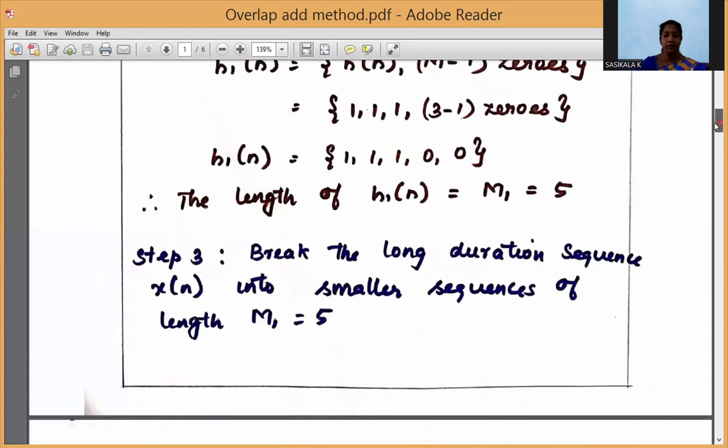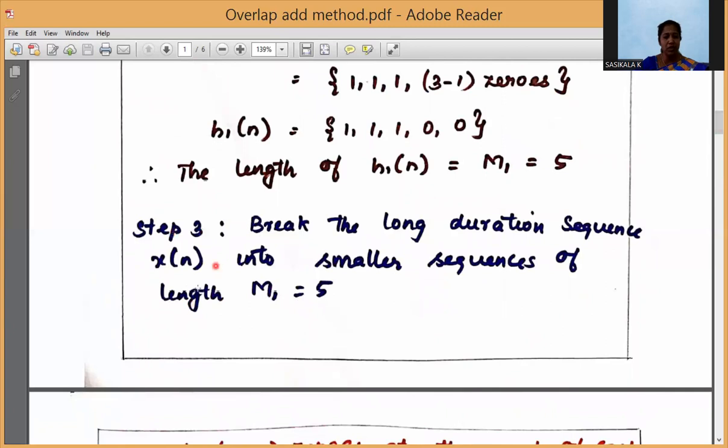Step 3. Here the input sequence x of n is of very long duration and h of n is given. If we want to convolve these two sequences, it takes a longer time, and the storage is also very difficult. That's why we go for the overlap save method and overlap add method. In these methods, we break the long duration sequence into small blocks. So step 3 is breaking the long duration sequence, that is x of n, into smaller sequences of length m1